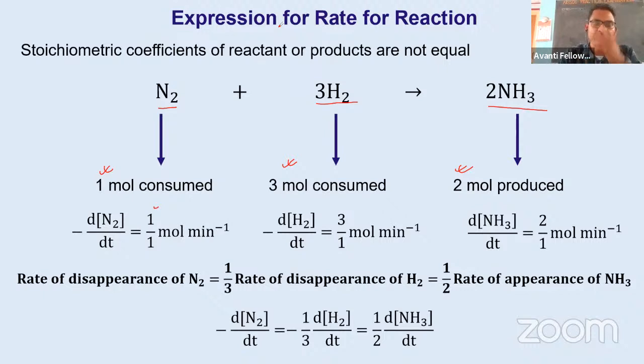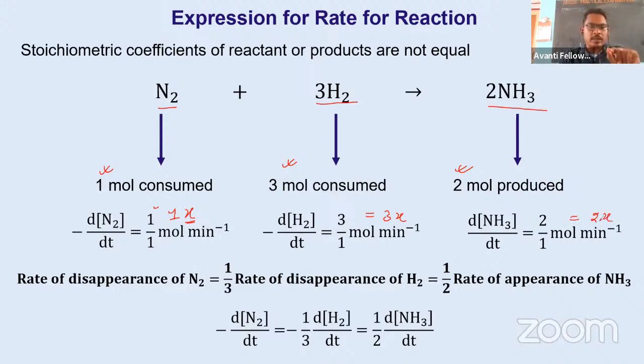Now suppose the rate or speed of change of nitrogen is 1 mole per liter per minute. Let's take this speed as x. So the change of N2 with respect to time is 1x, where x is the speed in mole per minute. Hydrogen is changing at 3x, 3 times this x, because it is consumed very fast, 3 mole per minute. And for ammonia, 2 mole per minute, so its rate is 2x.